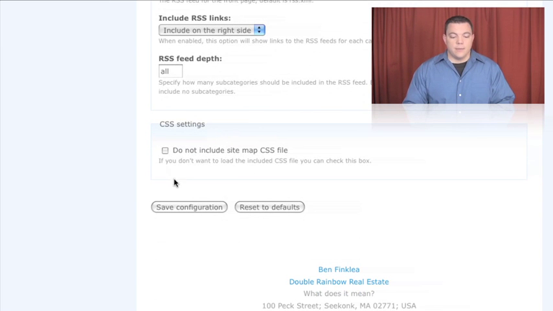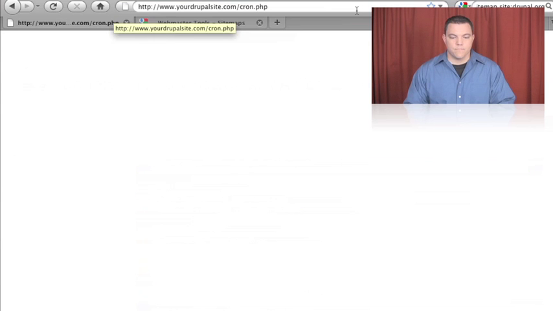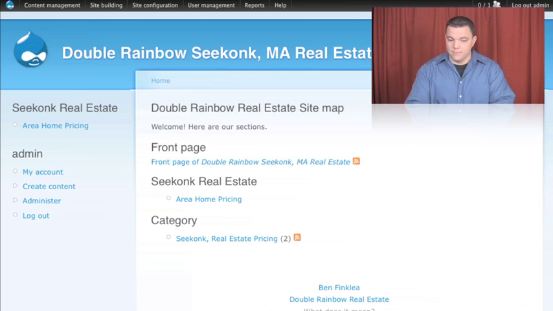And I'm going to leave this one unchecked because I do want a CSS file, and then when I save configuration and run cron to generate that sitemap, now I go to sitemap. There we go. So it's just /sitemap, and you have the different sections of your site all displayed. And the sections that do have an RSS feed, it shows you this little link right there. So that makes it very easy for your users to go and find places where they can subscribe to the